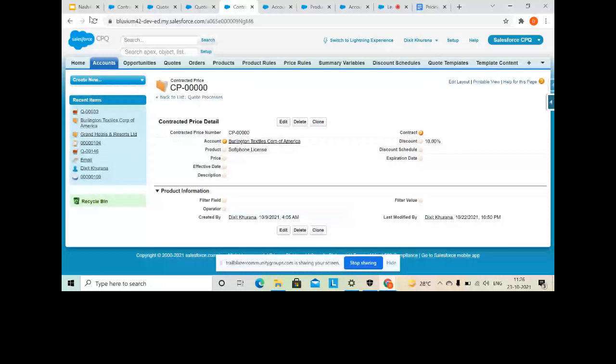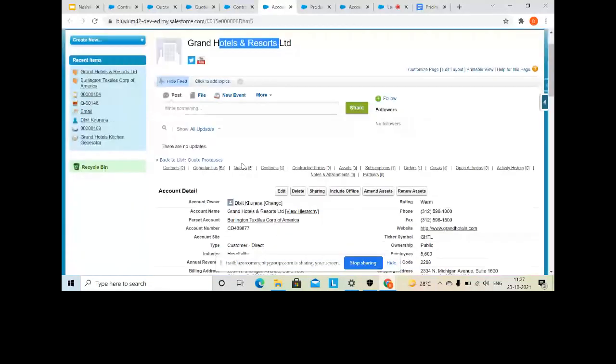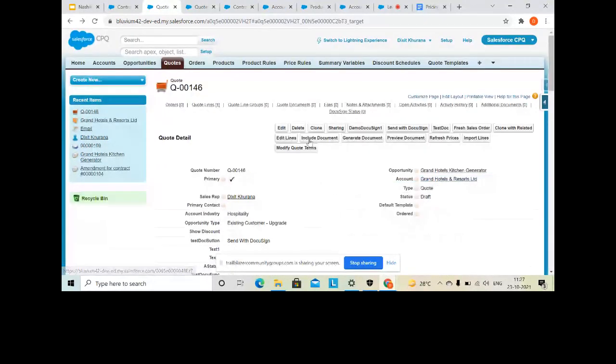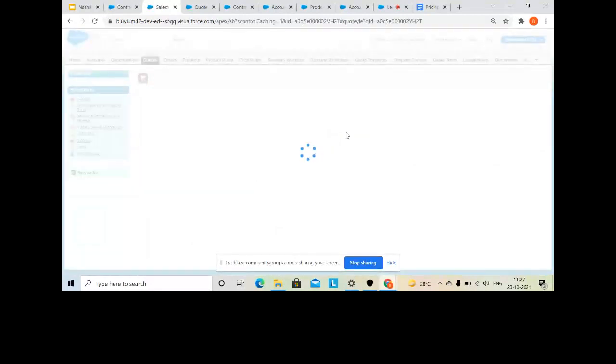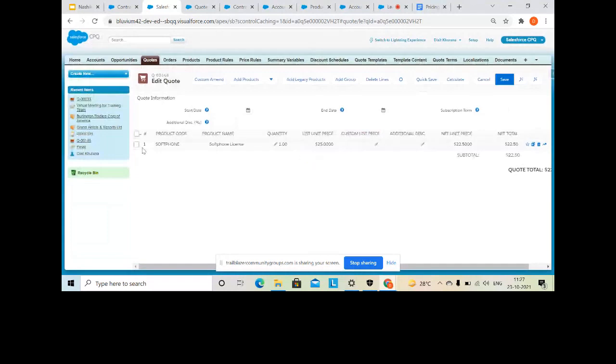If you see, there is no contracted price associated with this account, right? But it is having a parent account on which we have associated the contracted price. Now, if I go back to any quote which is having the child account, if I click on edit lines here, and delete this out, okay.